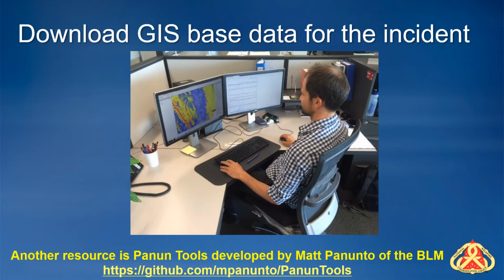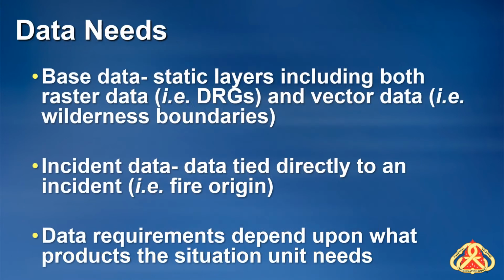You may choose to download data such as ortho imagery and topo maps before you go to the incident. You can do this via EGP or other public sources of data. You may or may not need the data, but it is best to be prepared. You can also go to GitHub and download the Pannon tools, which is a data download tool set amongst other useful tool sets for GISS to download incident-based data. Downloading data also helps familiarize you with where you are going and what is around the fire.